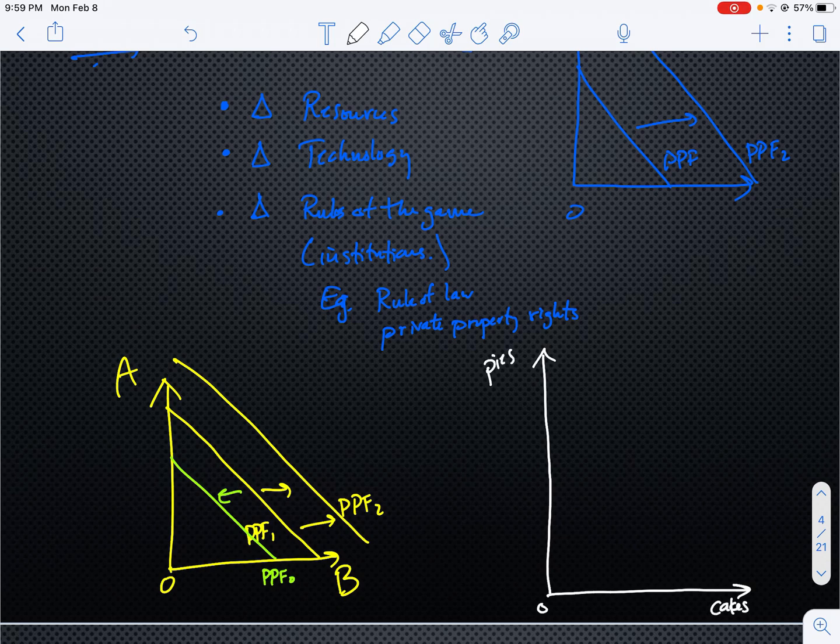Here we'll put pies and down here we'll put cakes. And so if this is our initial PPF, it corresponds, you think about the endpoints first, some maximum number of pies, some maximum number of cakes, and some other possible combinations. If that's PPF 1,